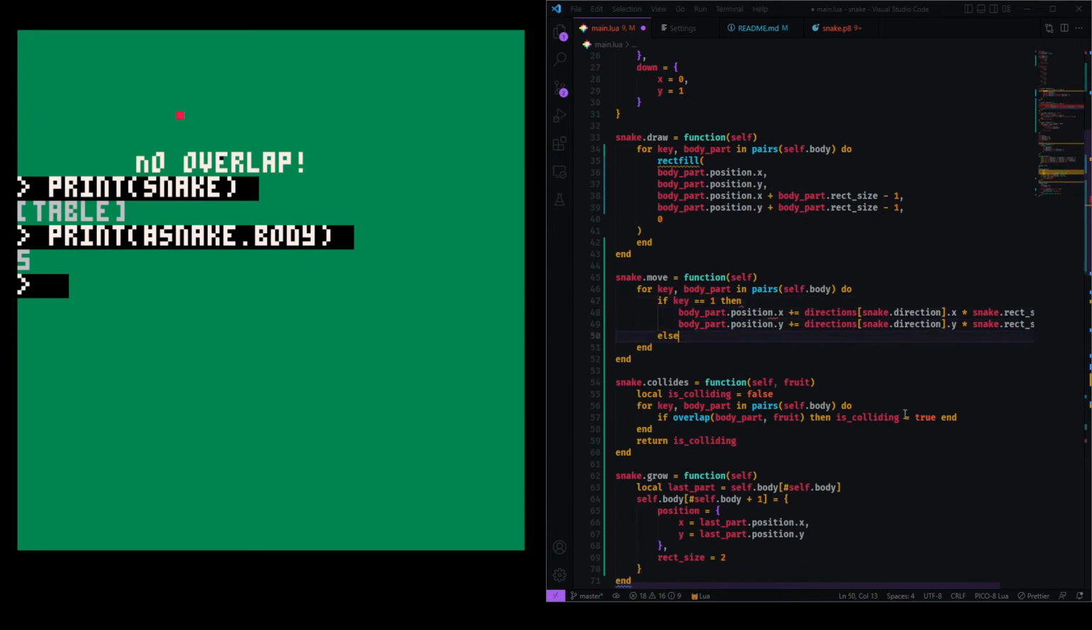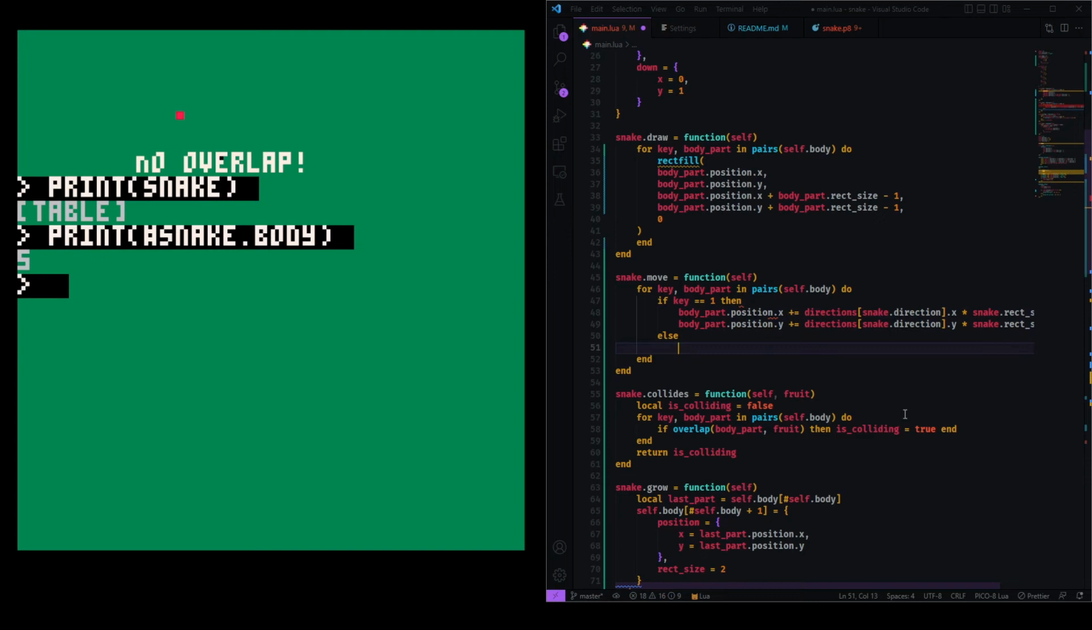Okay. So basically what I would like to do is only move the first one, and then tell the others that, hey, you can be where the first one was, and all the successive ones can be where the one in front of them was. But if I do it this way, then by the time I get here in this else statement, I will have already moved the first one,